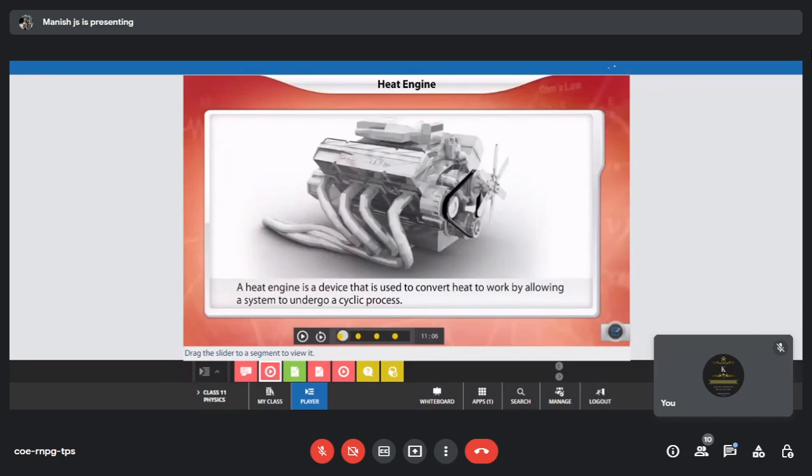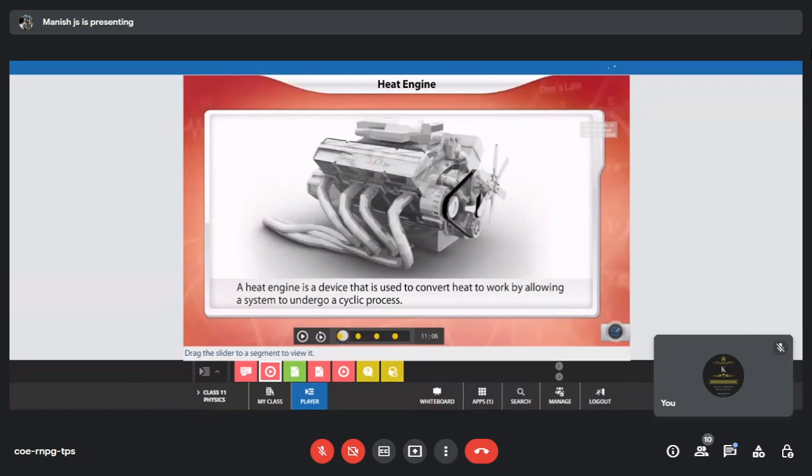So if you can convert heat to work, you call it a heat engine. Now, is the full 100% of the heat you supply converted to work? Definitely not. Some parts of your machine also will get heated up. The engine is made up of metal, we typically do not use plastic, because at high temperatures plastic will melt. Certain areas might use thermosetting plastic, but that's a different story. Typically it is a metallic matte finish that they give. Metal is a good absorber of heat, as we all know.